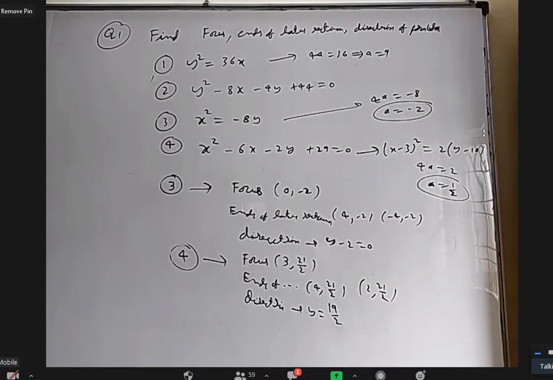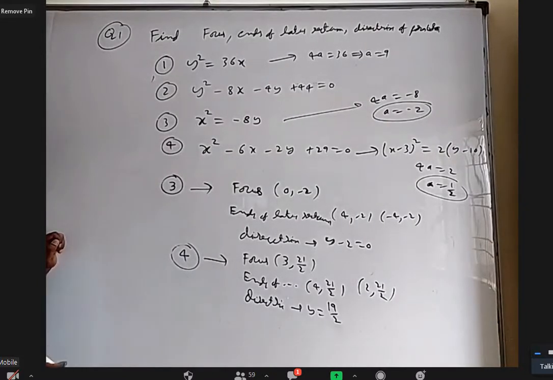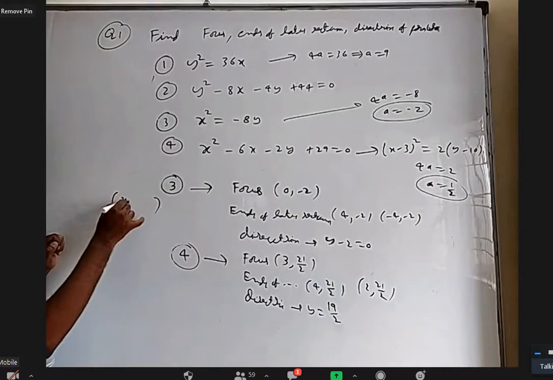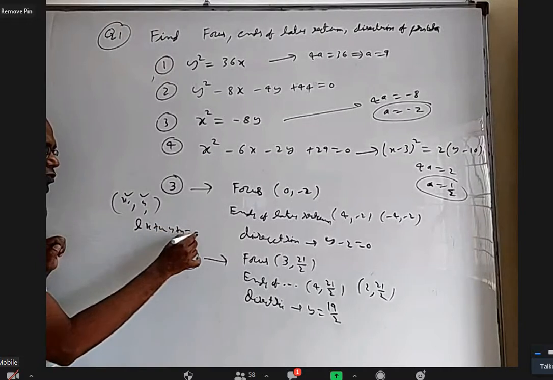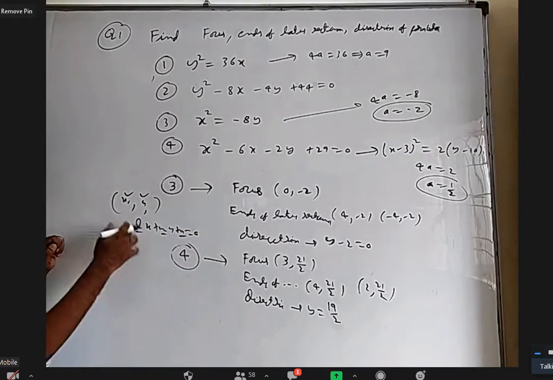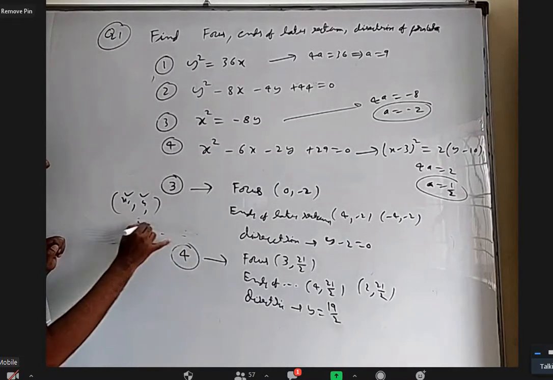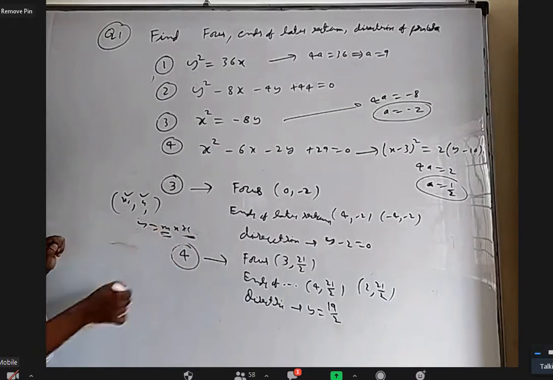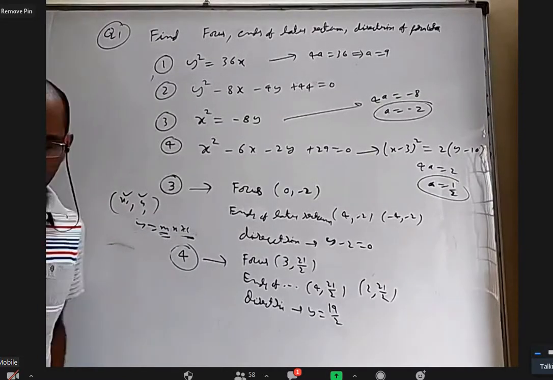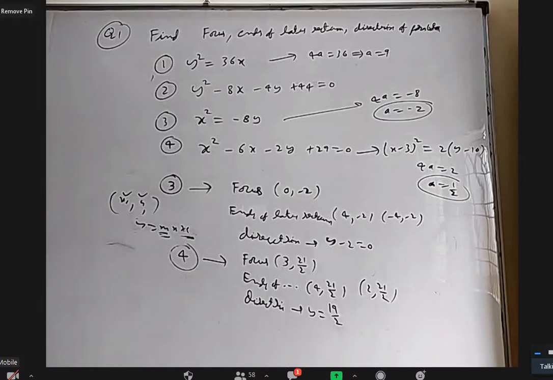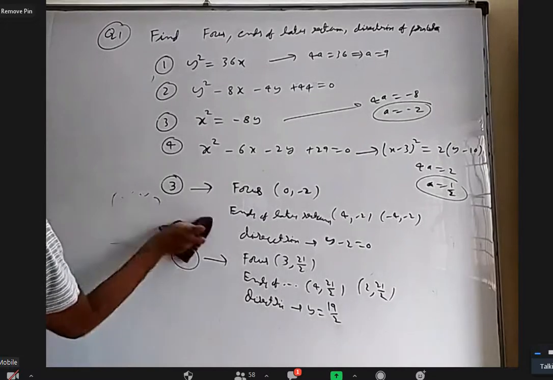If you talk equation-wise, you can also understand that for a parabola we need focus and directrix, right? Focus x1 and y1, so we have 2 unknowns there. Directrix lx plus my plus n equal to 0, but I should not say 3 unknowns, because I can divide with l and write y equal to mx plus c. So every line will have 2. I should know the focus coordinates 2, directrix 2 things. So I think 4 points should be sufficient, not 5. It is a little different from the circle concept, but it's okay.